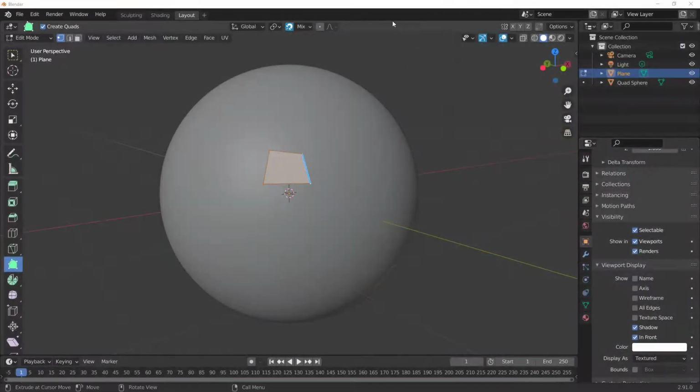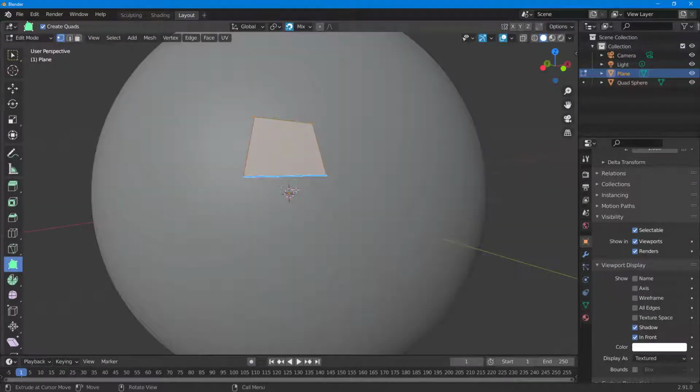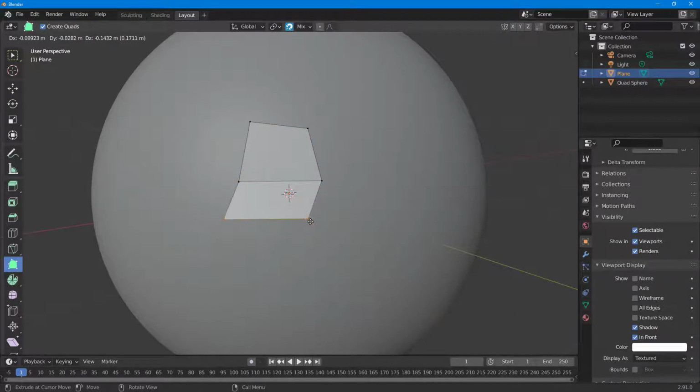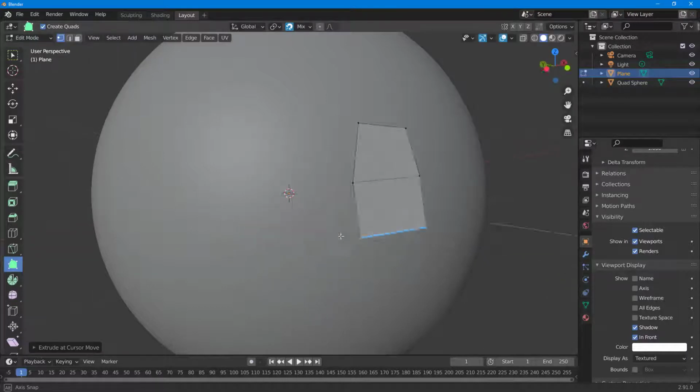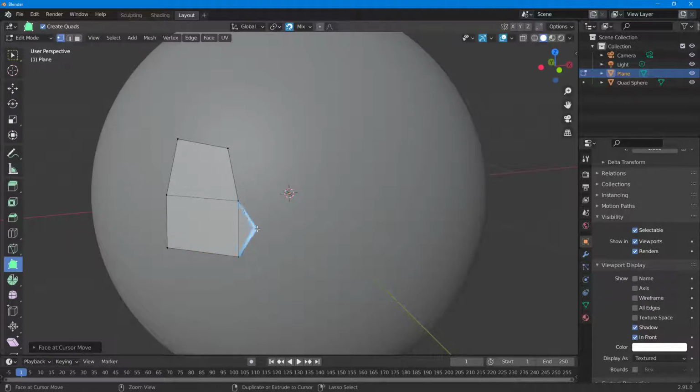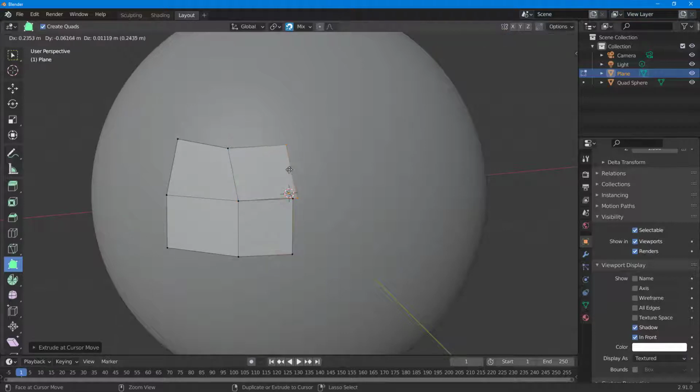So here you can see that I'm in my Polybuild tool and this is what I have. If I were to go around right here and work around with this, I'm just going to click and drag this, hold Control on my keyboard so that it snaps over here into place. While I pull out faces, if I were to pull around faces right here and pull around this face as well, they do not merge together